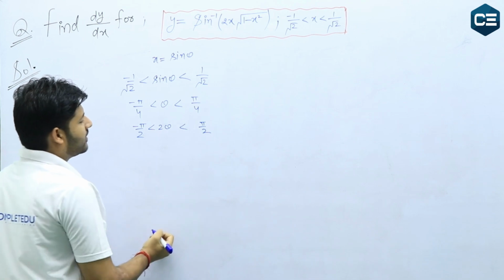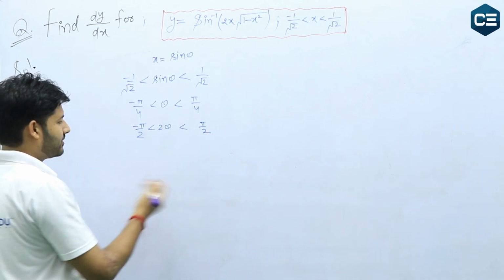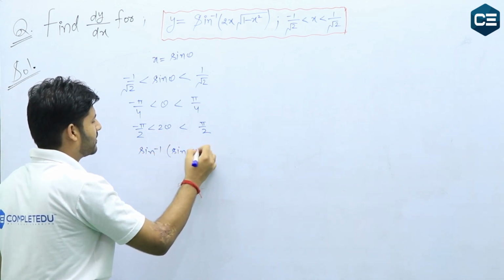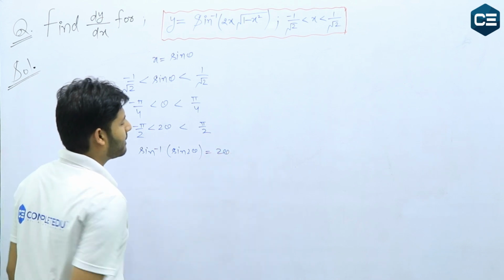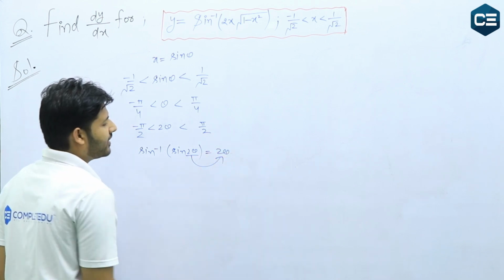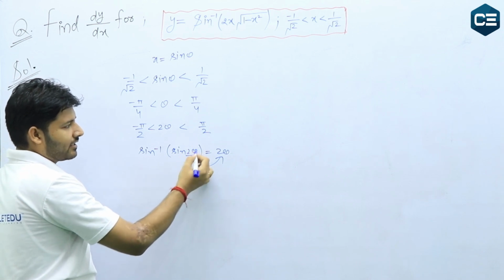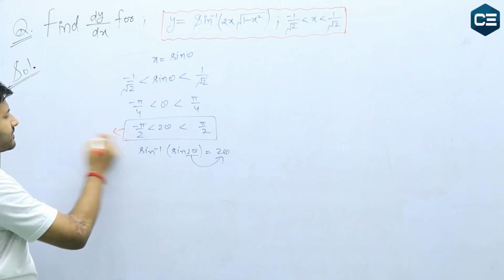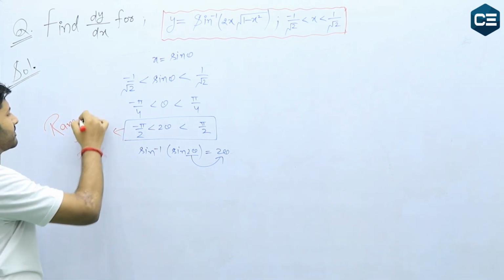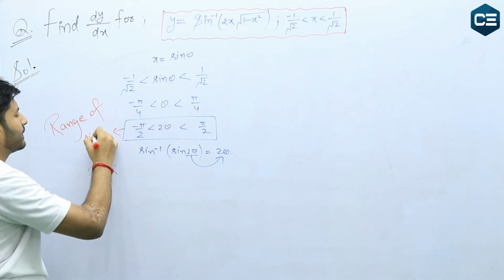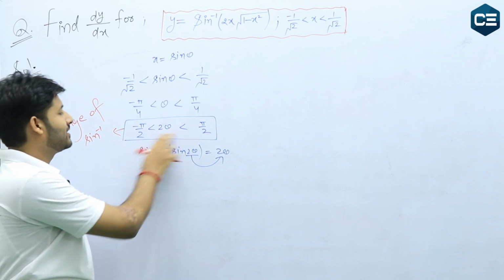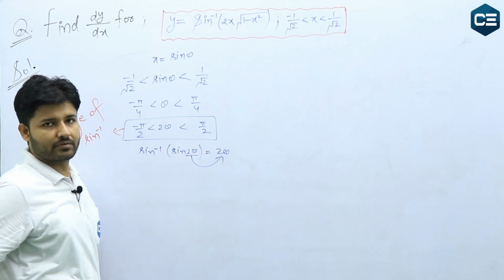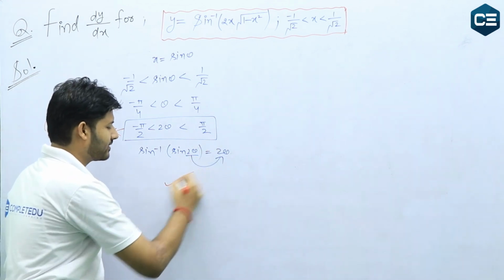And in the part of the question where we substitute sine inverse of sine 2 theta, we get 2 theta. We can extract this 2 theta out because our theta here belongs to the range of the sine function. Remember this. Range of sine inverse: if your theta lies from negative pi by 2 to positive pi by 2, then you can extract this theta out. Okay, so this is right. There's no mistake in this.